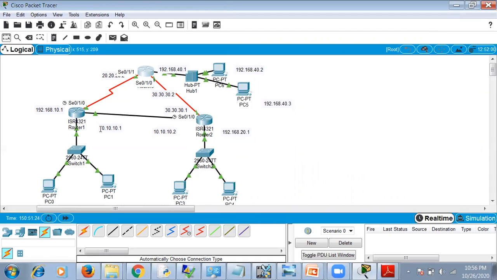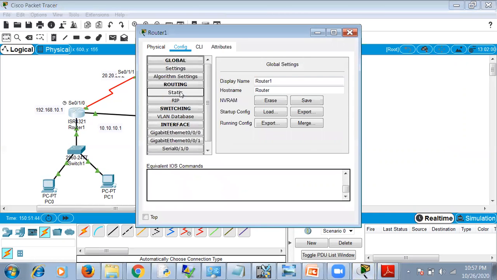Now we have to give the static routing. Now, because we have the third router, the next hop, say PC0 has to travel to PC6. So there are two routes. Either you can go in this route or you can go in this route. So go to static routing.